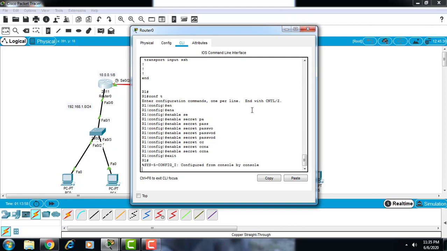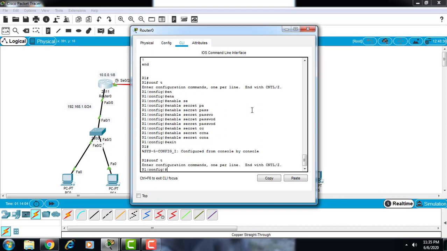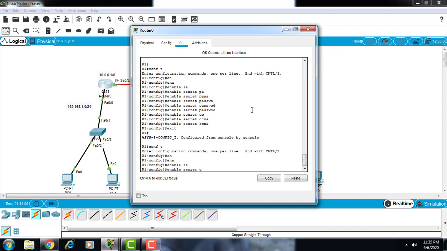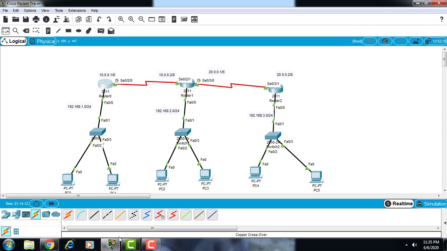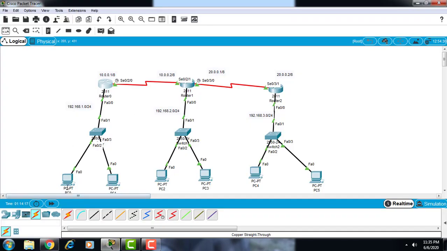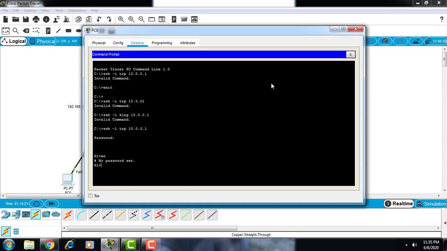Suppose we give the command enable secret ccnp, because we already gave the CCNA password two or more times, so this time we configure ccnp.